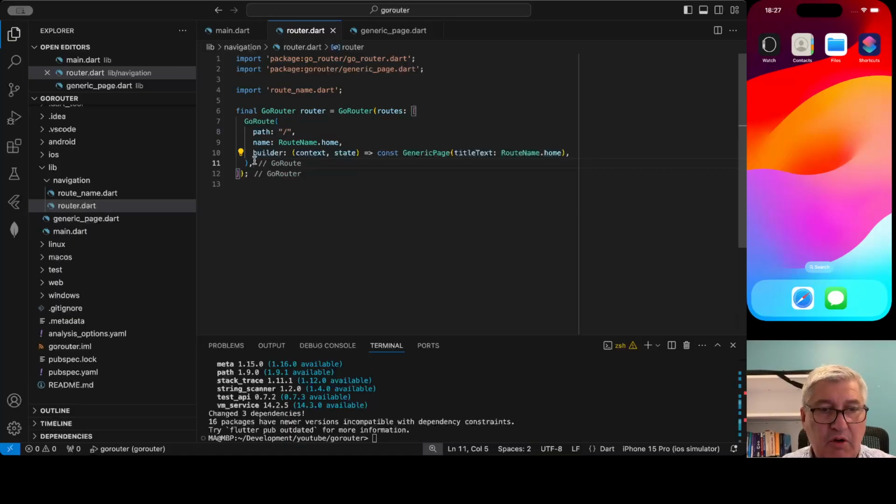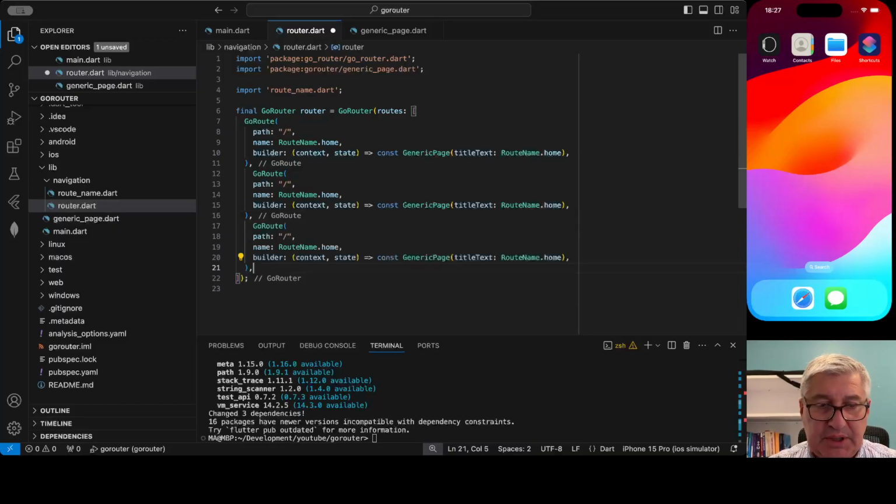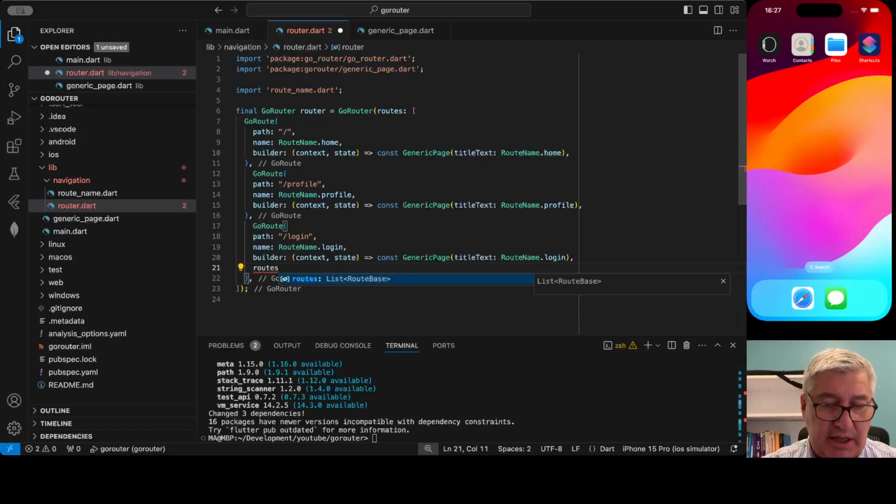So this is my home route. Now I can build the other three routes from here. So the home, the next one would be profile, and the path would be profile. And the next one would be login. Now, because the two paths sign up and forgot are under login, that needs a routes